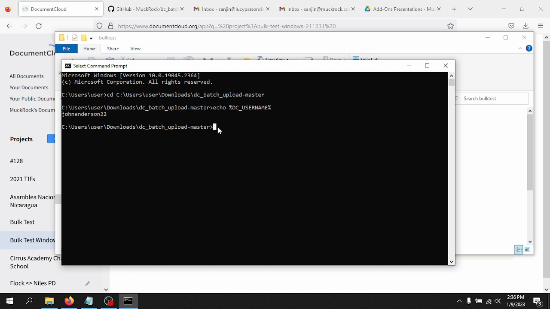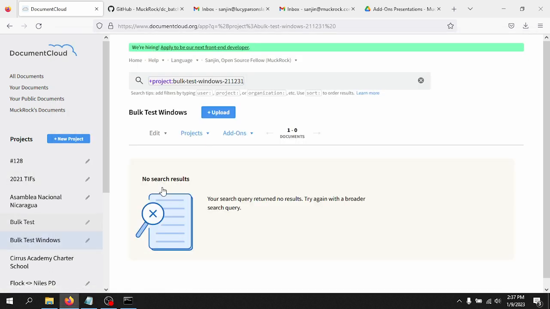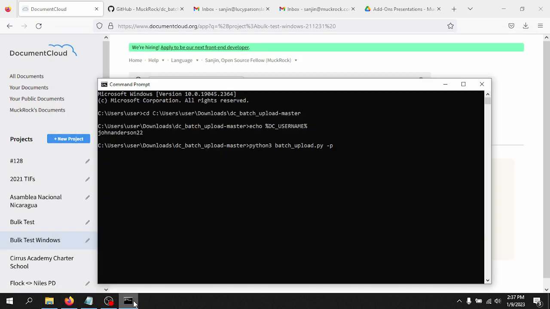If you don't have the CSV file generated already, there is an option through the batch upload script to generate one for you. The way you can do that is go ahead and go to python3 batch_upload.py and then -p and the name of the project. In our case, we will do 211231